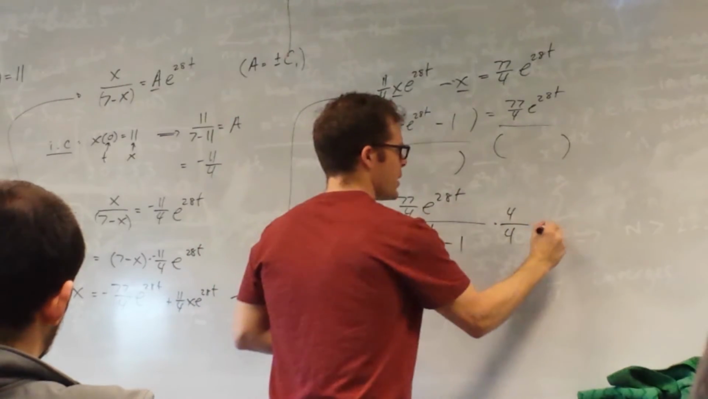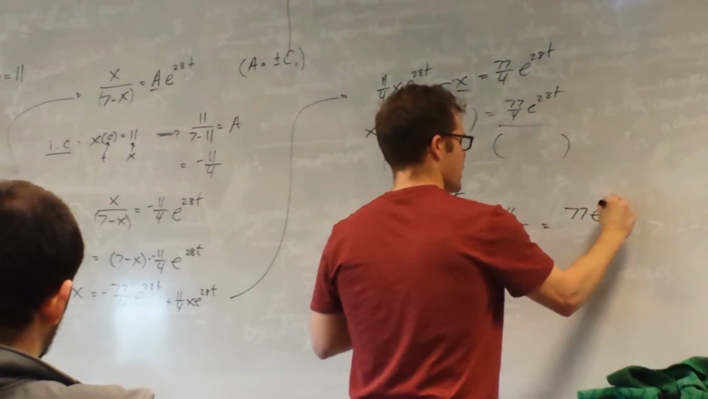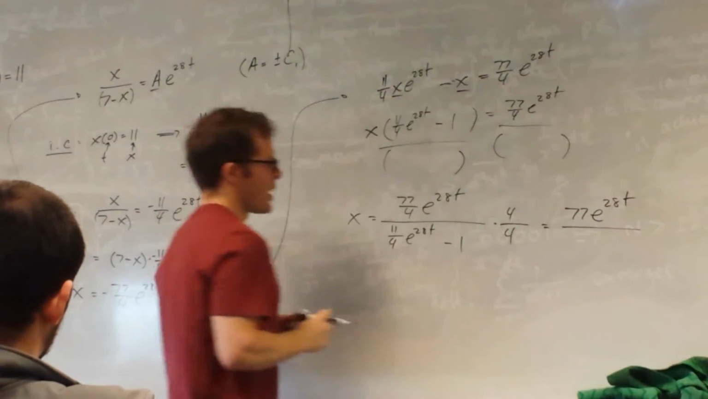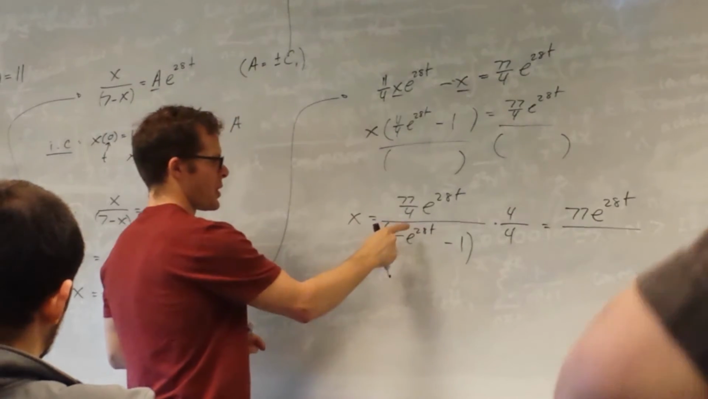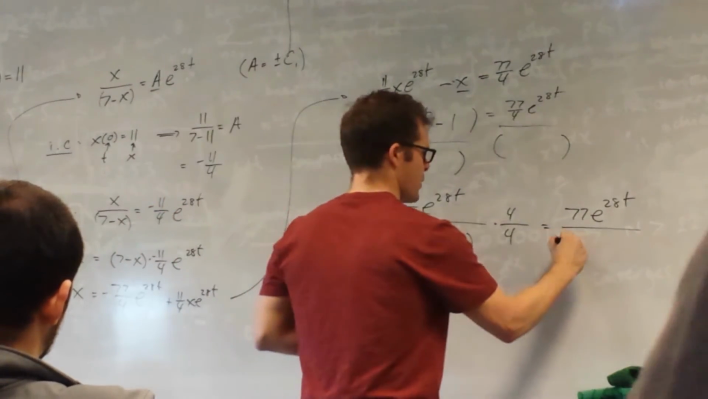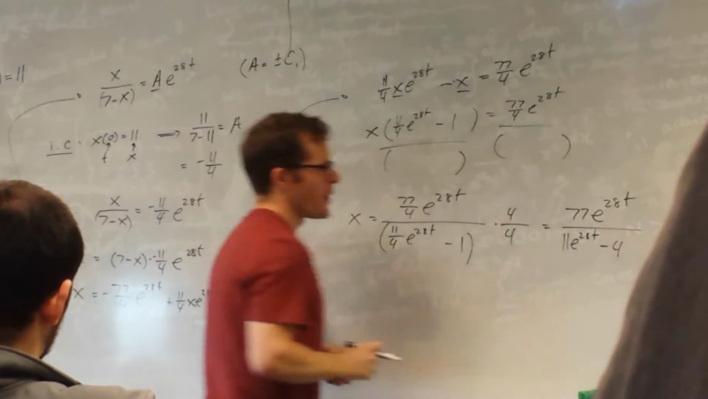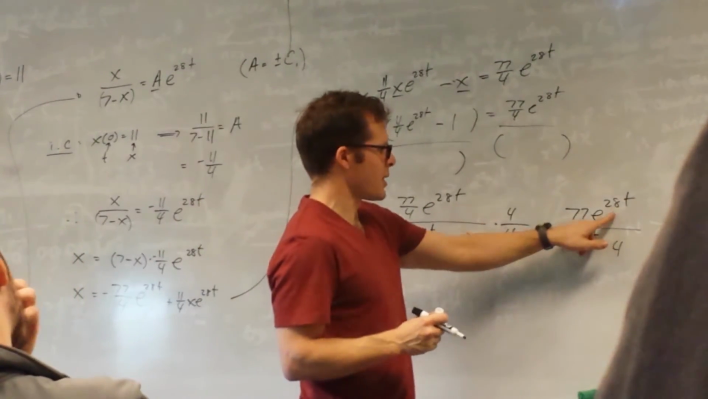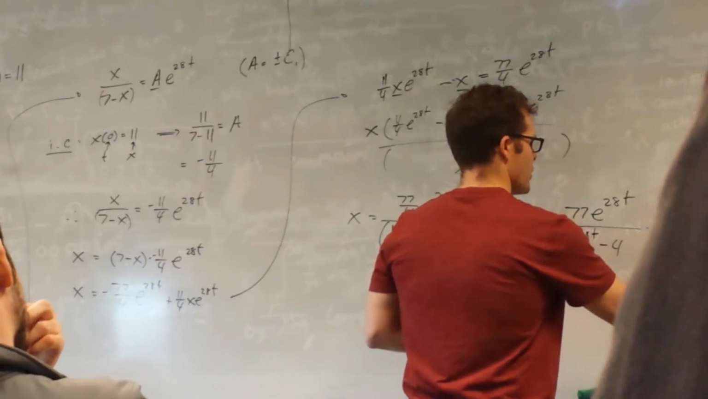So we're going to have 77 e to the 28t. And I should say, we're multiplying by 4, and when this 4 distributes here, it's going to knock that one out. I'll have 11 e to the 28t minus 4. And then what they do is they don't leave these e's up there. If I multiply numerator and denominator by e to the negative 28t,